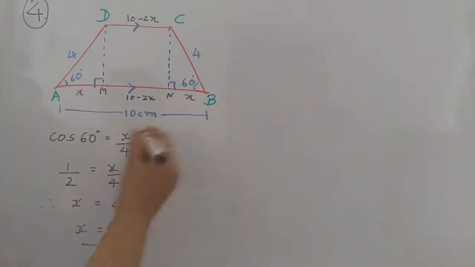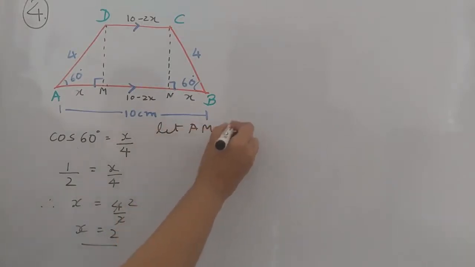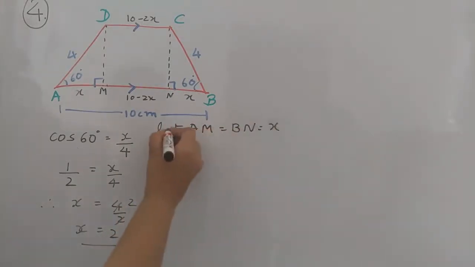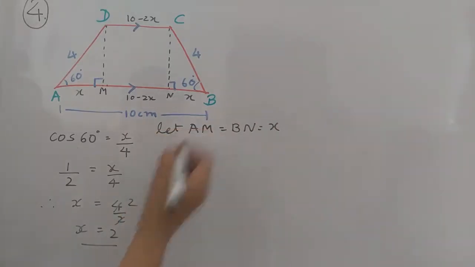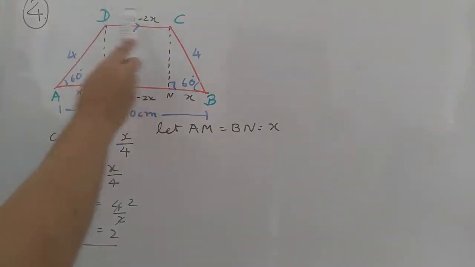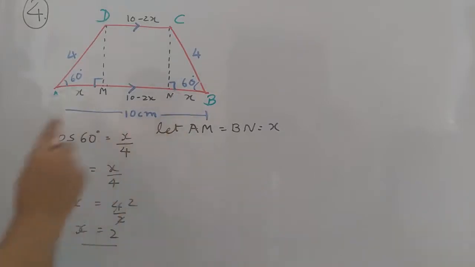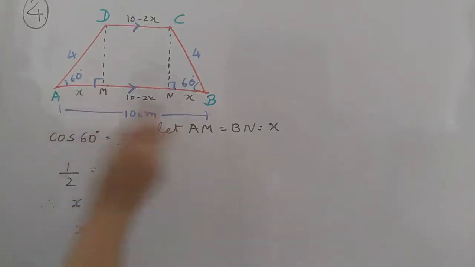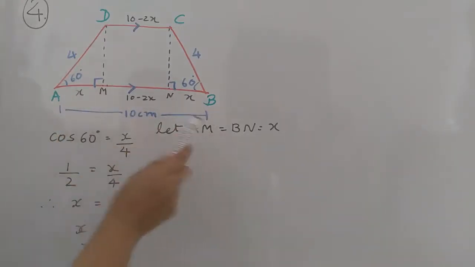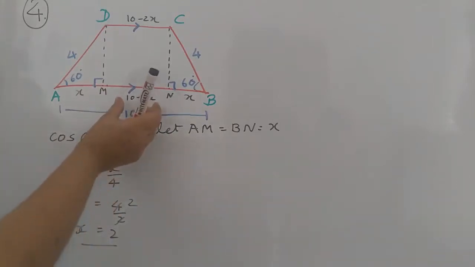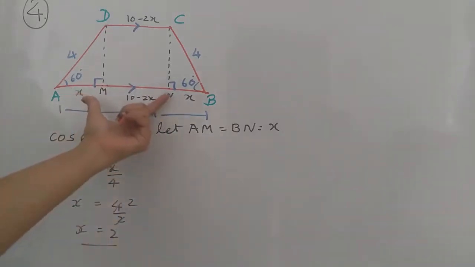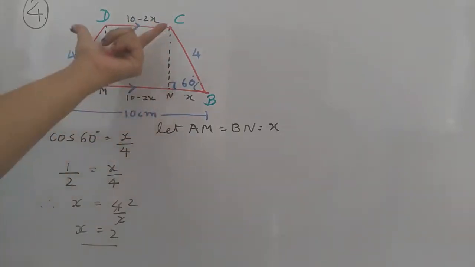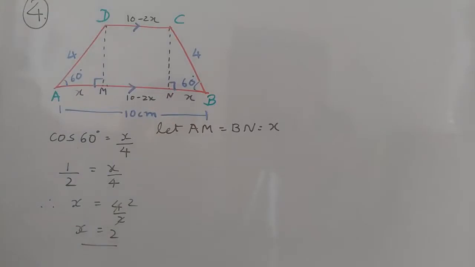So I write here, let AM is equal to BN is equal to X centimeters, which we have chosen here. Now if we want to find the X value, so see students, we want to find the CD value. Actually, for that all these arrangements have been done. So this is 10 centimeters. I have taken this part and this part as X, X. So from 10, if we subtract the 2x part, 10 minus 2x is our MN value. And MN is the same as CD. So CD is also 10 minus 2x. So accordingly we have to take the values.